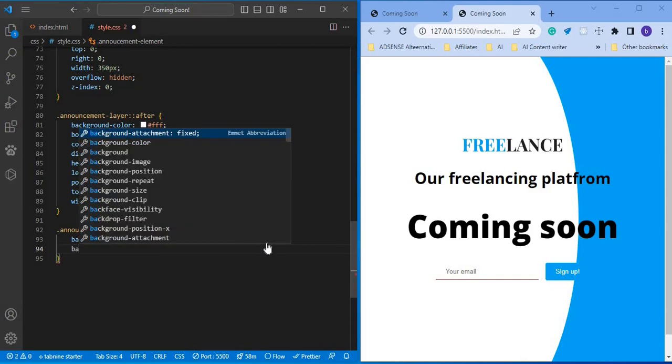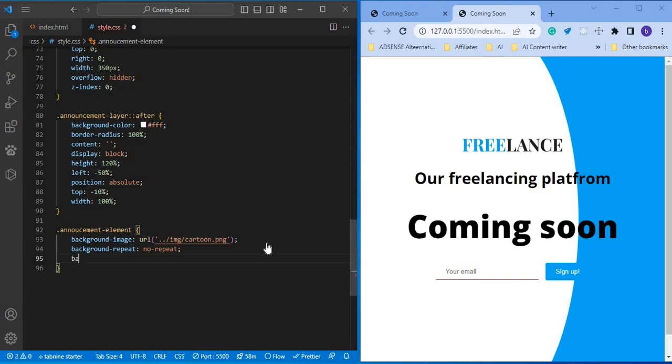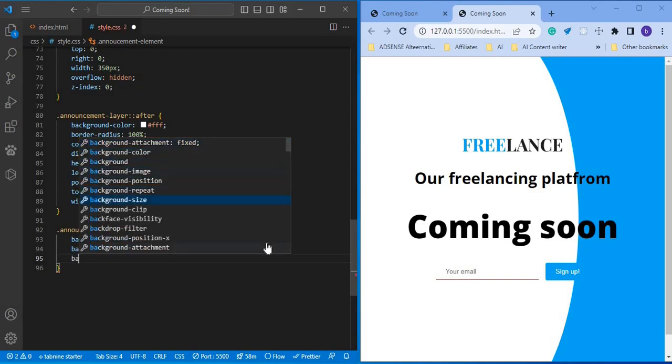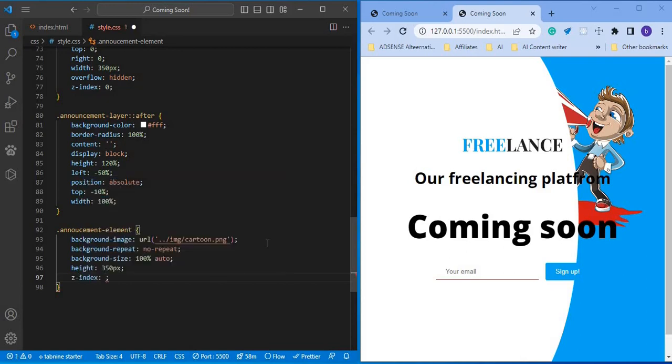Background repeat, no. Shouldn't repeat. Background size 100% and auto. Height will be 350 pixels. Z-index 2,